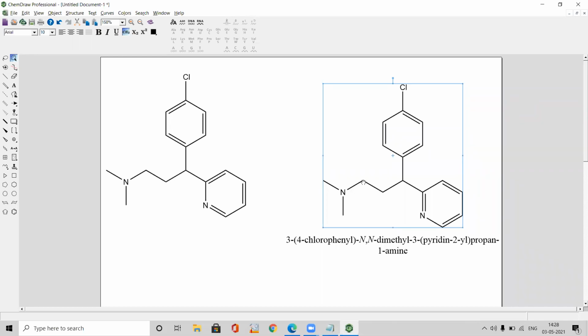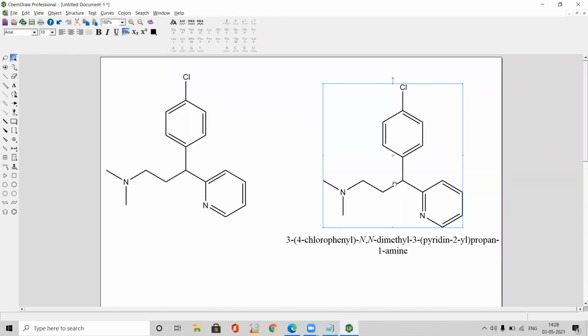Then next one is N,N-dimethyl. So on the nitrogen there will be two methyl substitutions, and again at third position you are having pyridine 2-aryl. So this is pyridine 1 and second. At second position there is a substitution at the third carbon. So at third carbon, second position of pyridine got substituted.